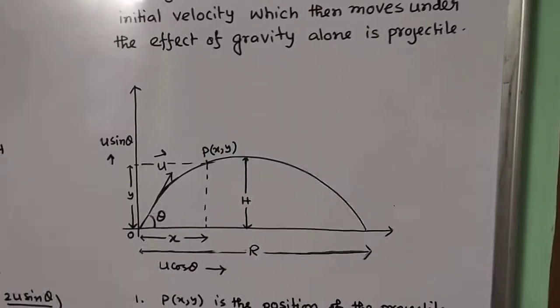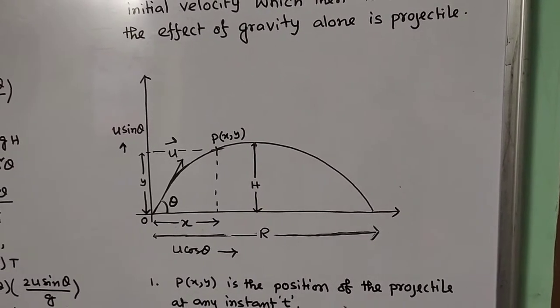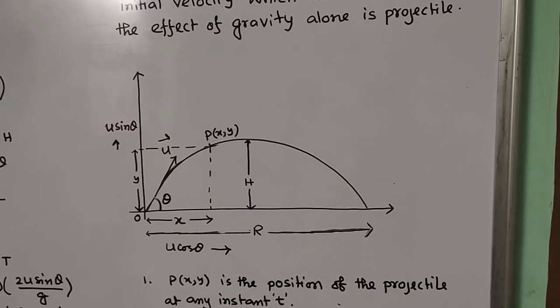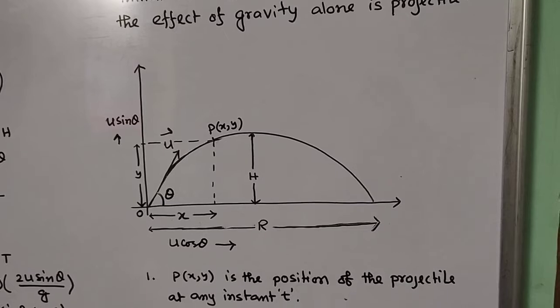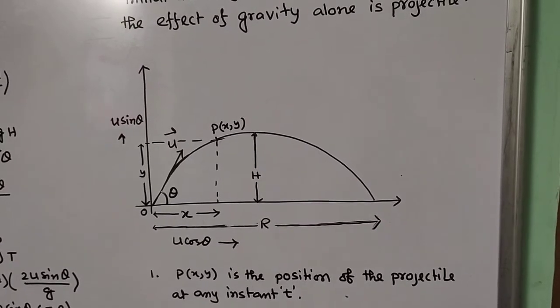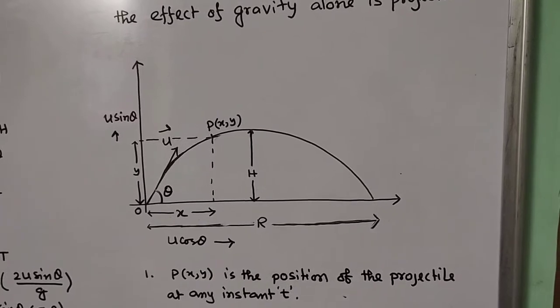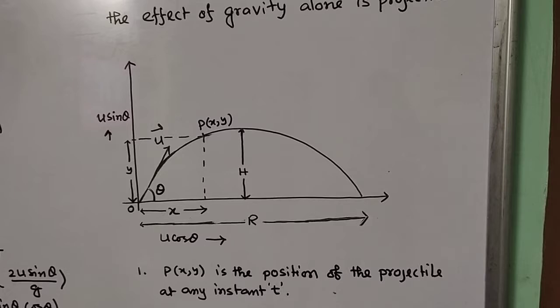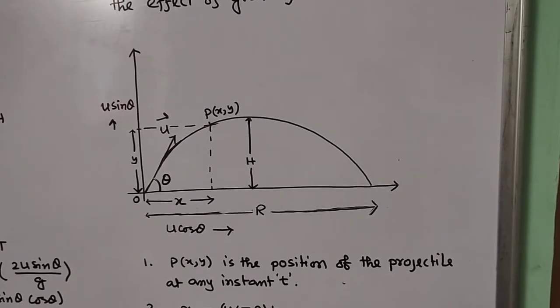So let me try to explain it in detail with the diagram. Here we have considered two axes. One is your x-axis, another one is your y-axis, and we have thrown an object with initial velocity u vector at an angle theta with the x-axis. So what will happen? The object will describe a curved path, attaining maximum height. It falls down again to the ground, describing a horizontal range capital R and the maximum height capital H.